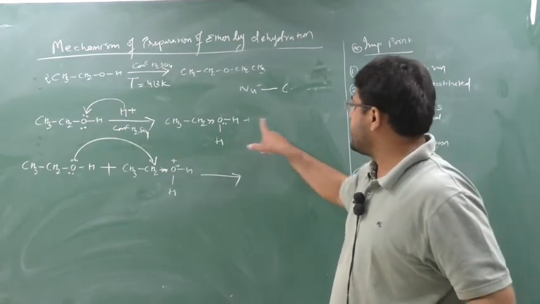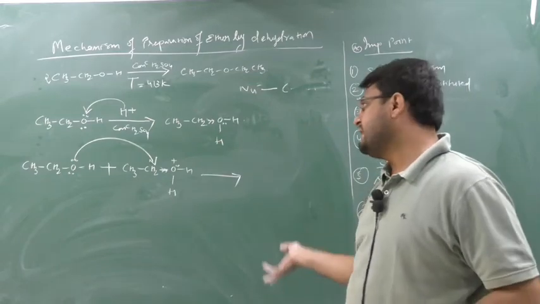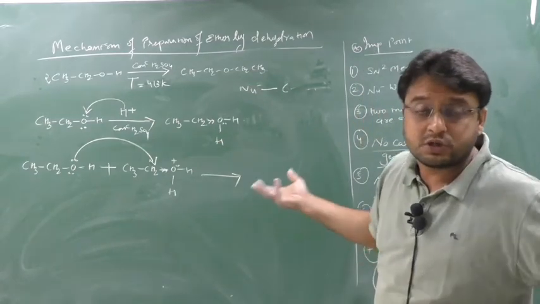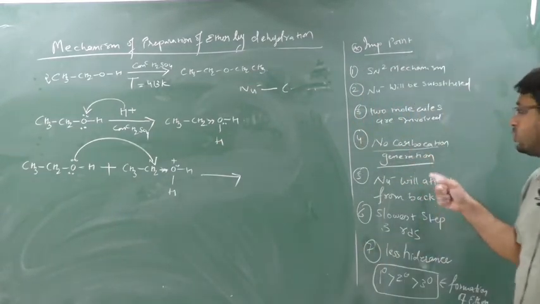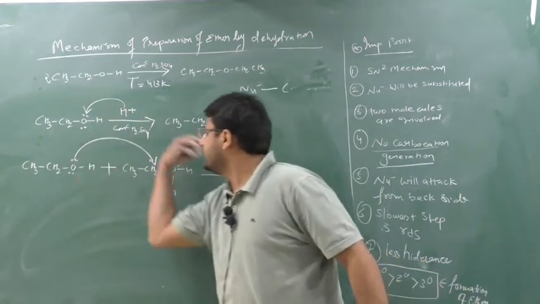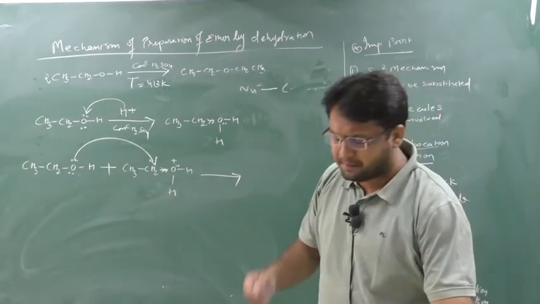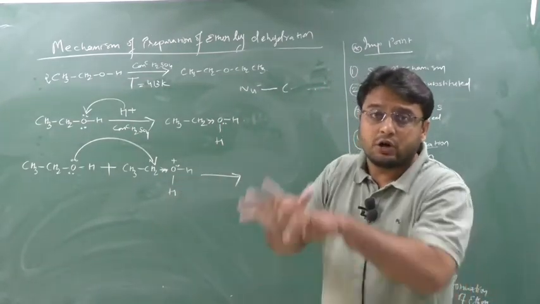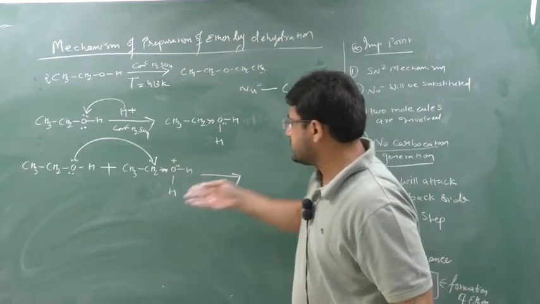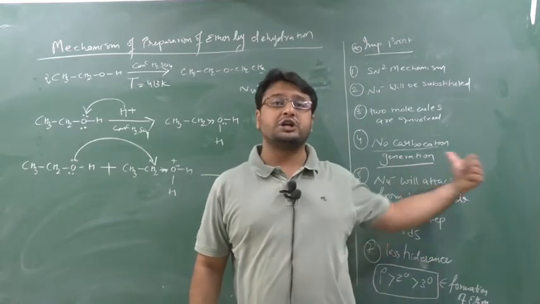So please don't first generate a carbocation and then react with another molecule. You will get the answer, but the procedure is different; the procedure is wrong, because here there is no generation of carbocation. As this water starts to leave, this will come here. It is done in a fraction of a second, within a hundredth of a microsecond. This water goes, this comes. So there will be no time to generate what? Carbocation. That's why I am telling you no generation of carbocation.